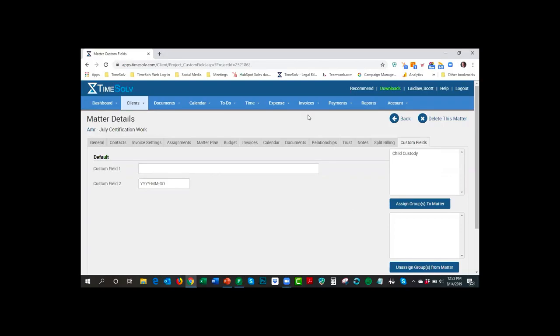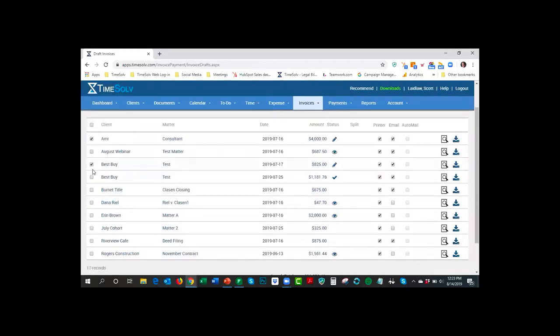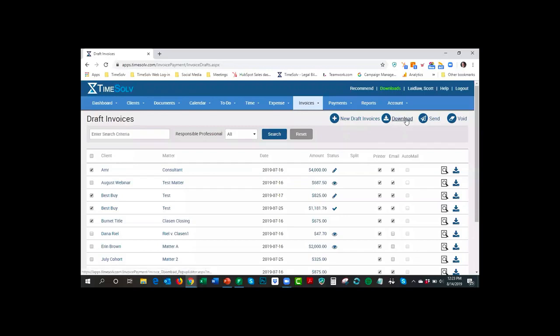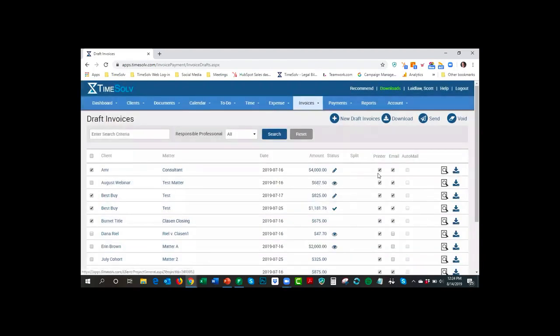And it's very simple. You can do it one of two ways. You can either go to your invoice drafts screen, select the invoices that you want to have appear all together on a leads file, click on download, choose whether you're going to do the 1998B or the international one, 1998BI version 2, hit download, and it's going to download the file, and the invoices will all be on that one file for uploading to the system.